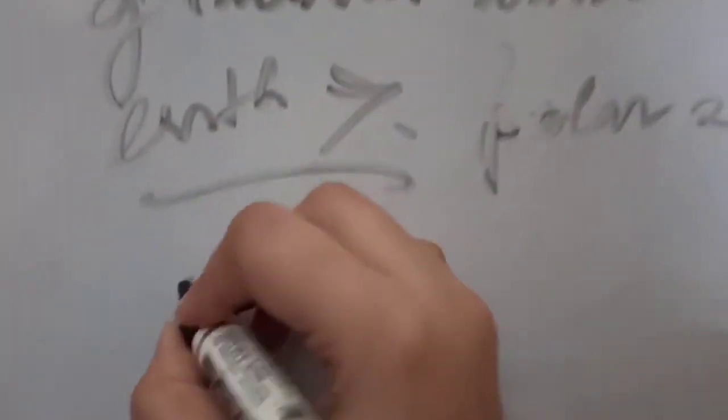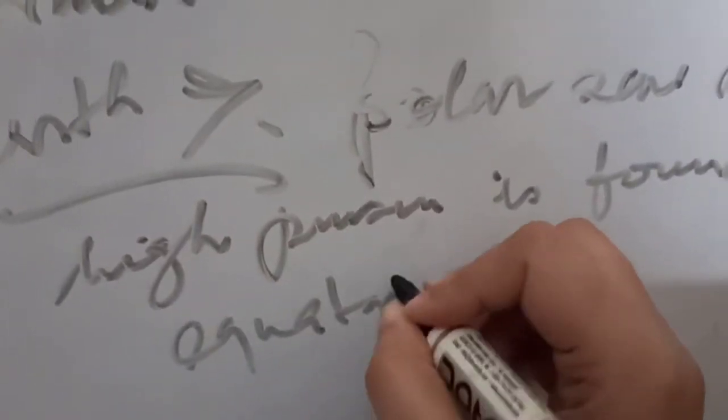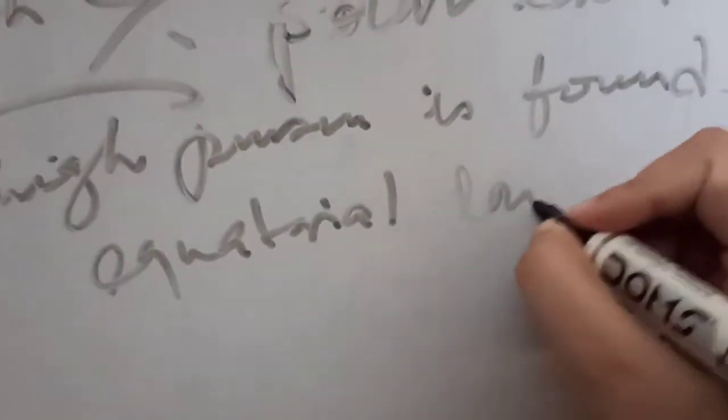the high pressure is found, and in the equatorial region low pressure is found. And what is the reason behind the pressure difference between the high pressure and the low pressure? The reason is that the equatorial region